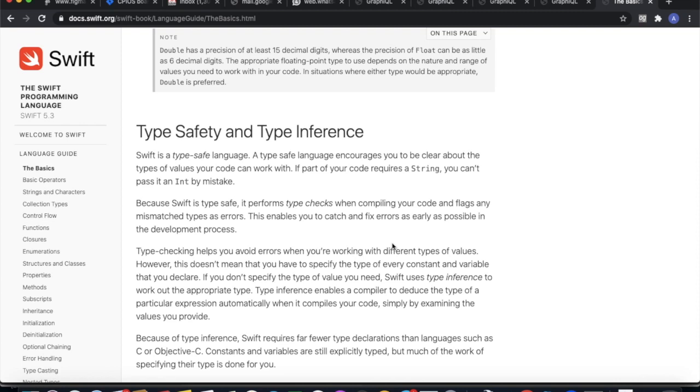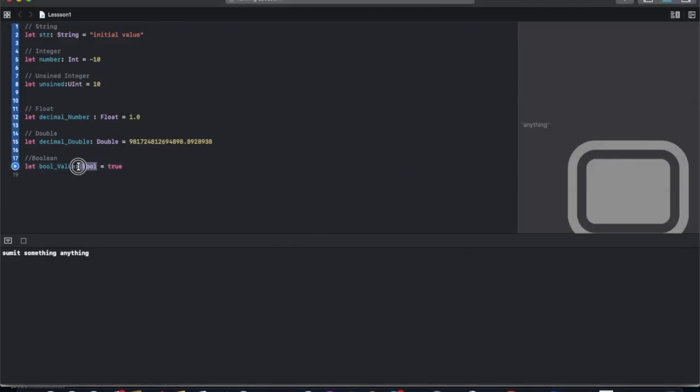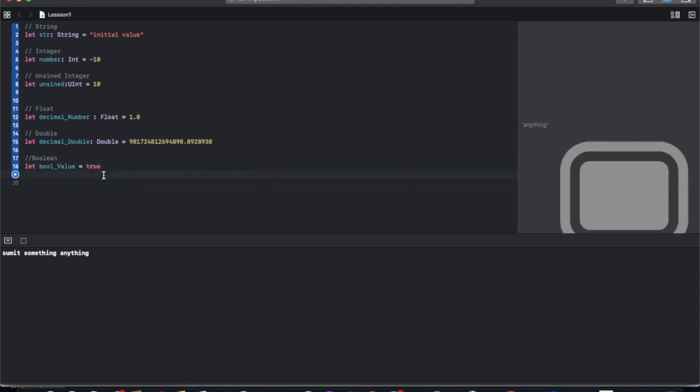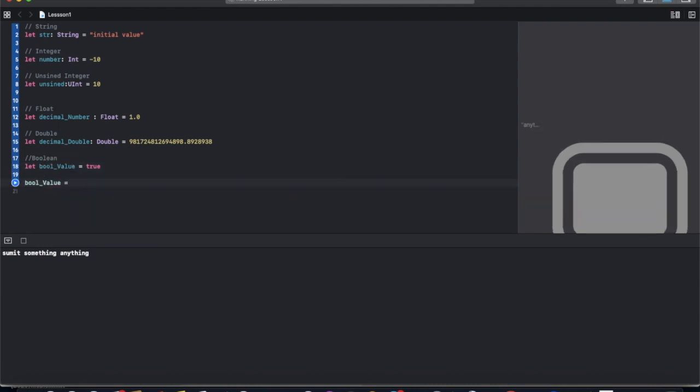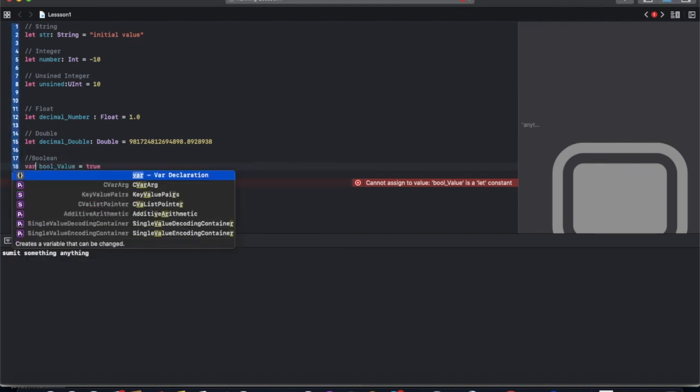Next is type safety and type inference. Basically, if we do not provide any type annotation to a value, like we remove it, it will be declared by itself. Like here, I have only a bool value, so it knows that true is a bool value, and it can only contain a bool value. If we want to change it to a string, it gives an error because it only knows about bool.